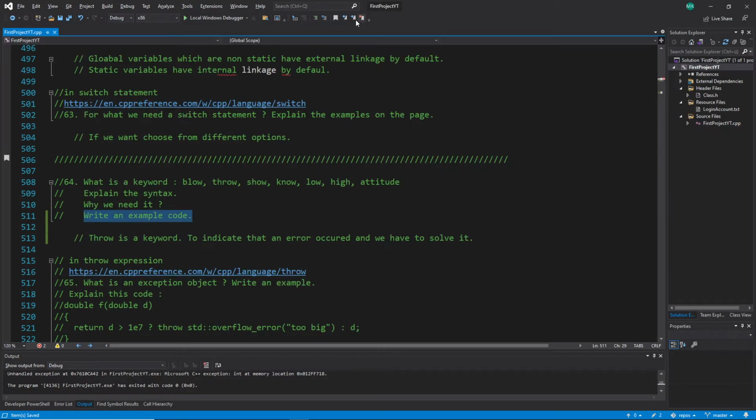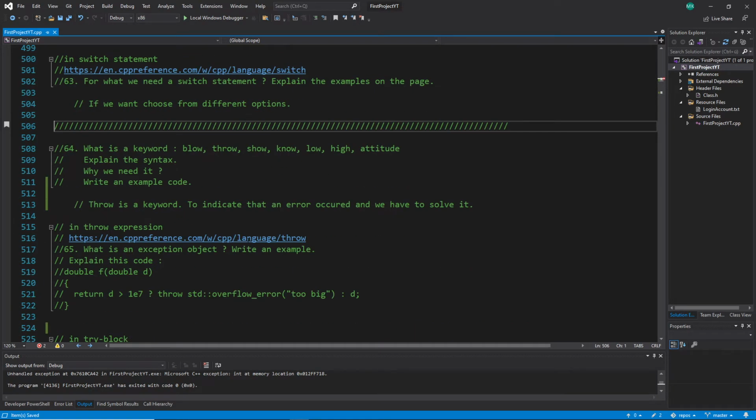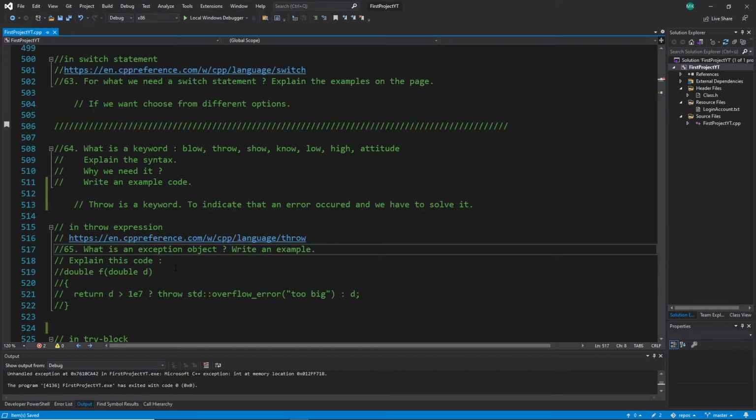So let's go to the next question. So I confused you more than I had to. Let's go here to the 65. It says here, what is an exception object? Write an example. Okay, this is wrong here. I don't know why I have it here. Sorry for this one here. We skip this